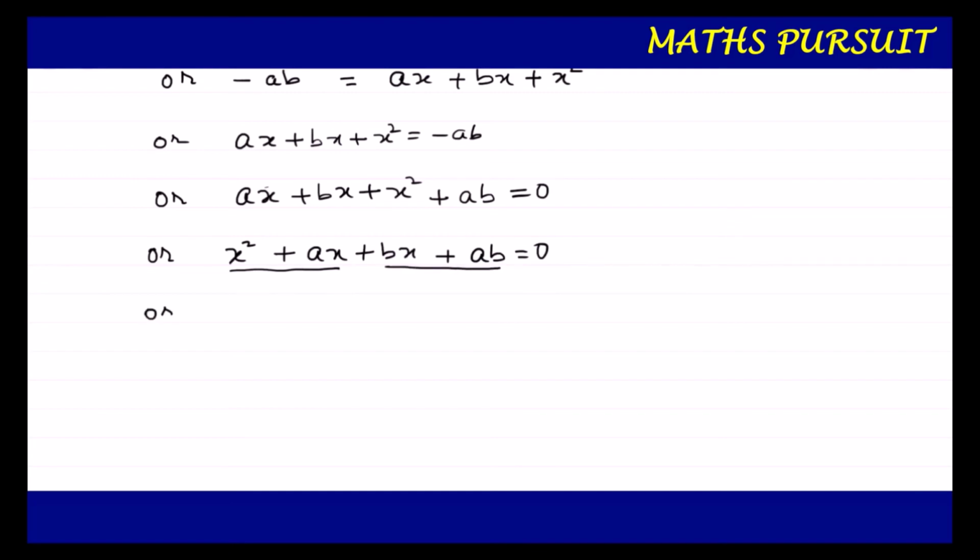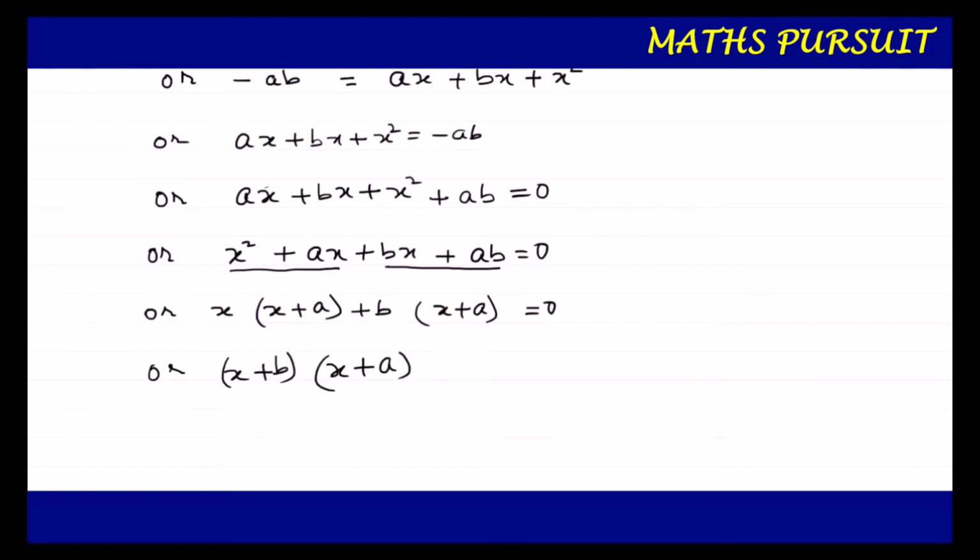So I can write the above equation as, taking x as a common, I'm left with x plus a. Similarly, let me first of all put x plus a as it is, equal to 0. And what we require, plus bx. That means if I multiply plus b into x it is plus bx, and plus b into a is nothing but ab. Or I can write the above equation as (x plus b) into (x plus a) is equal to 0. Hope guys, till here we are very clear. I'm just moving step by step.